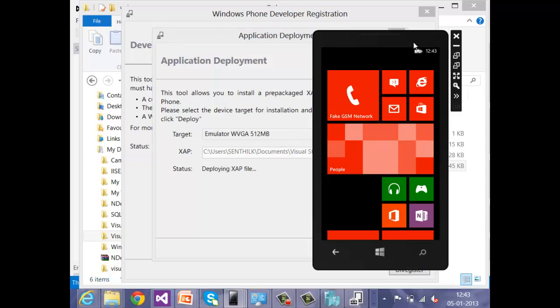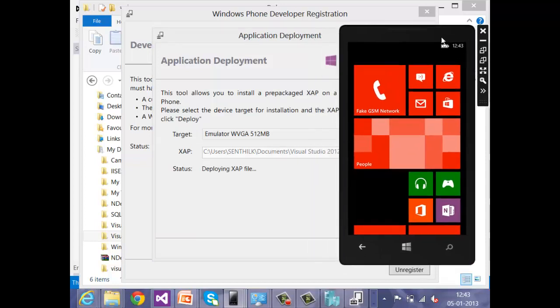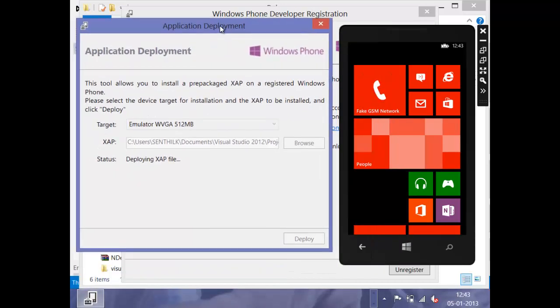It's trying to connect to the emulator. The XAP deployment is complete.